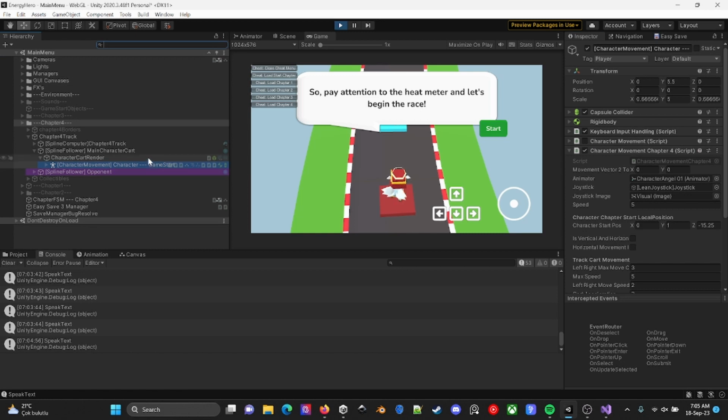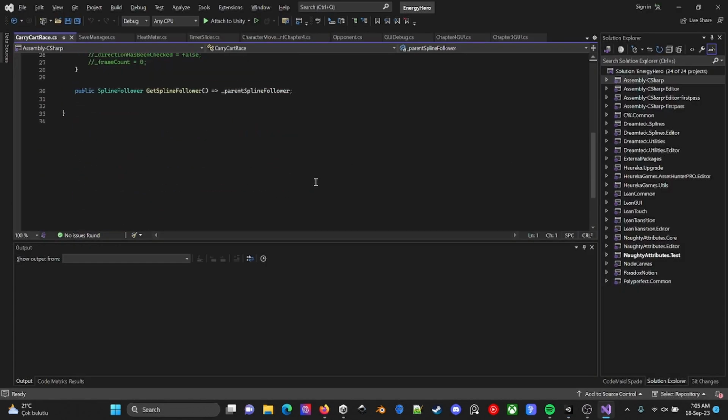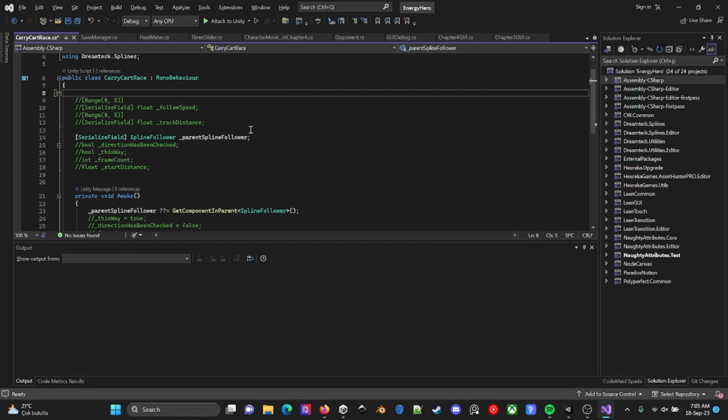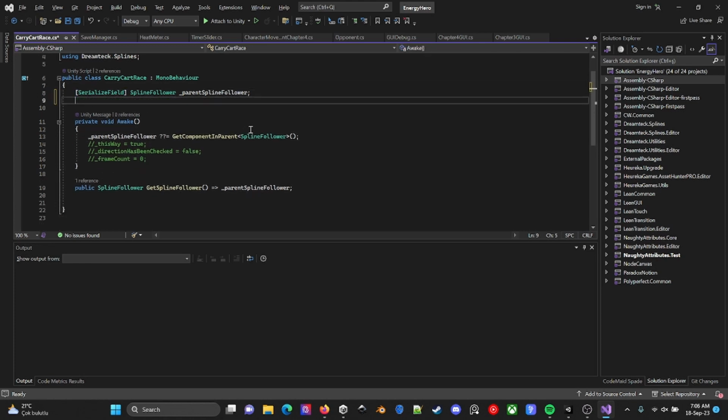And my main character is a child of this carry kart race. And this thing is responsible... okay, I forgot some comments in here.